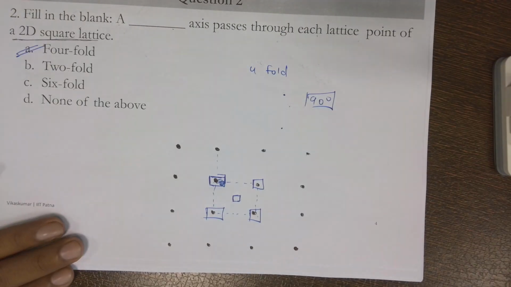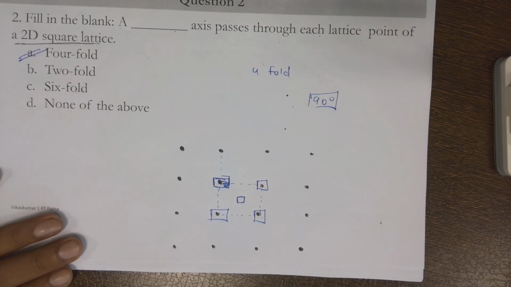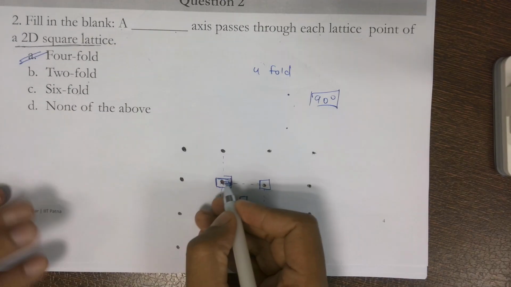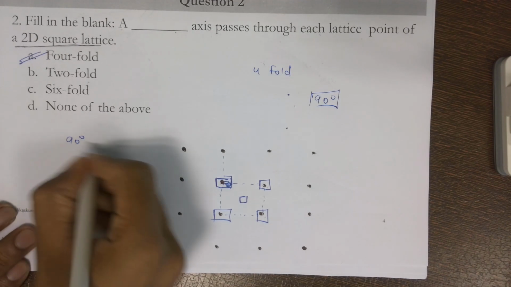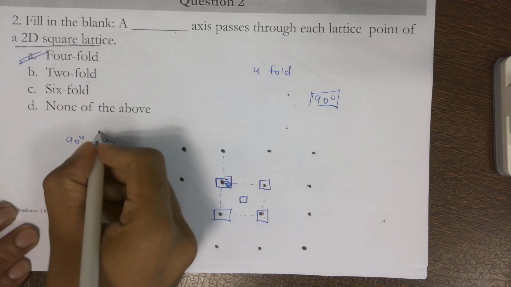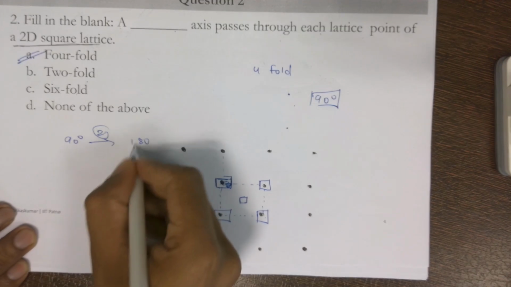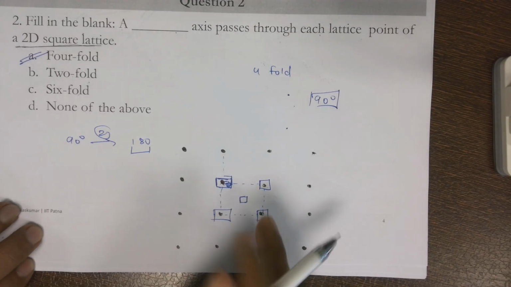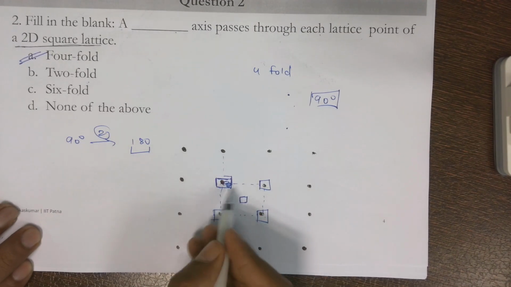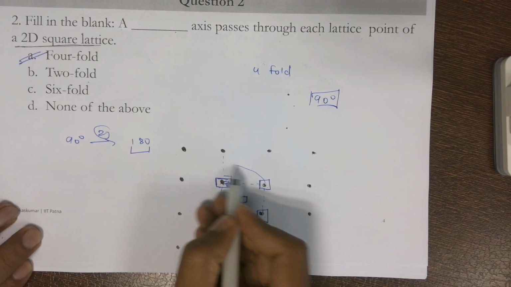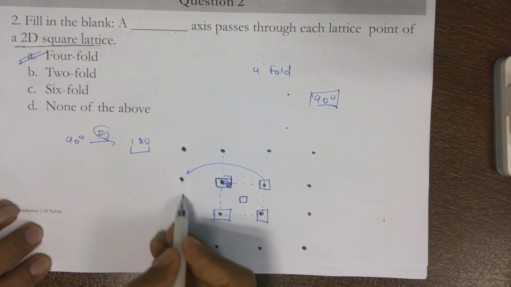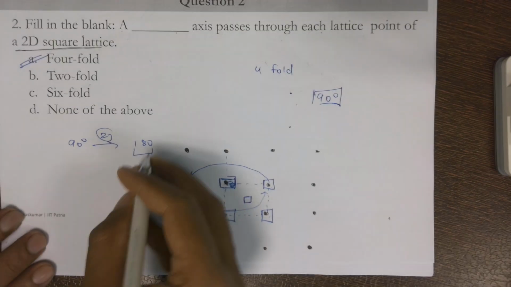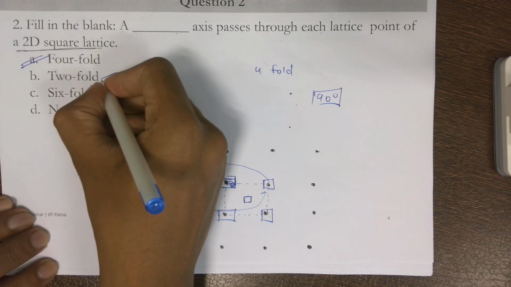Option A is the right answer. Now, two-fold. One can argue that a two-fold is also right because if I rotate by 90 degree, and let's say I'm rotating twice, 2 times, what I will get is 180 degree. And also you know that if you rotate by 180 degree, the entire thing, this will come over here, which will be preserved, and this will come over here, right? Two-fold is also the correct answer